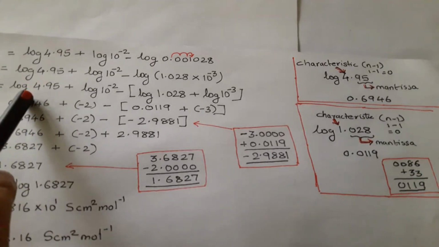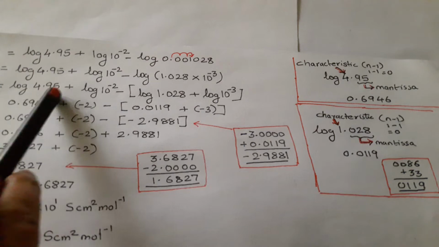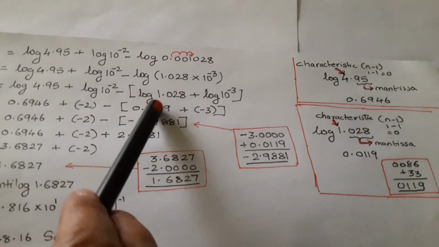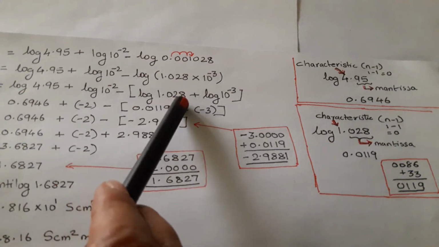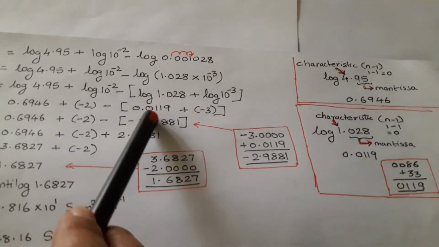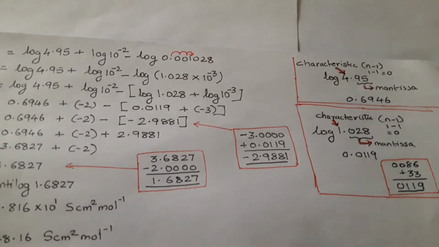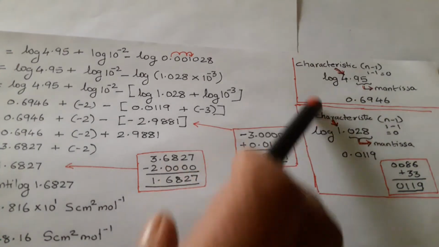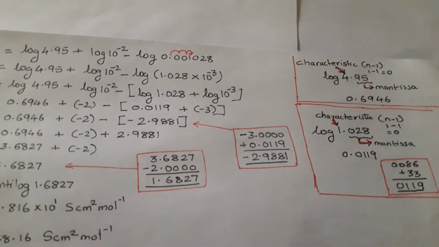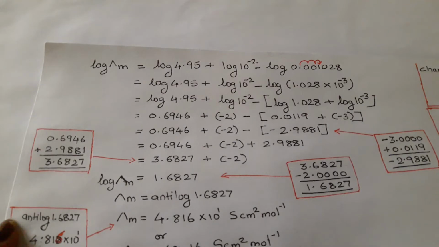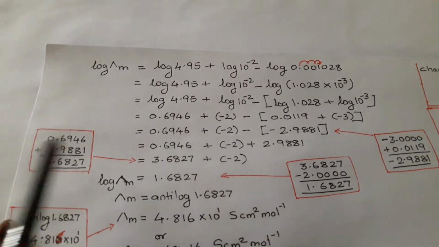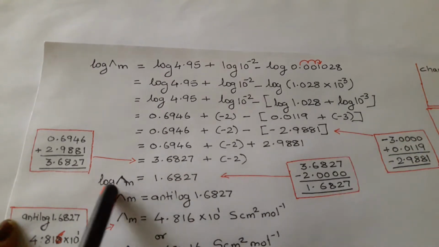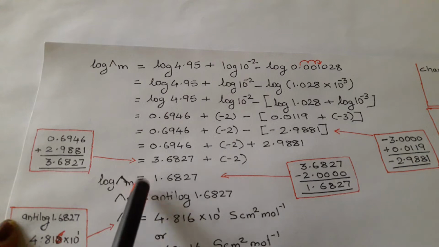Using log table, we get the value of log of 4.95 as 0.6946 and log of 1.028 as 0.0119. The steps to calculate log values are shown here. After solving all these steps, the calculations are shown here in the boxes. We get log of lambda m is equal to